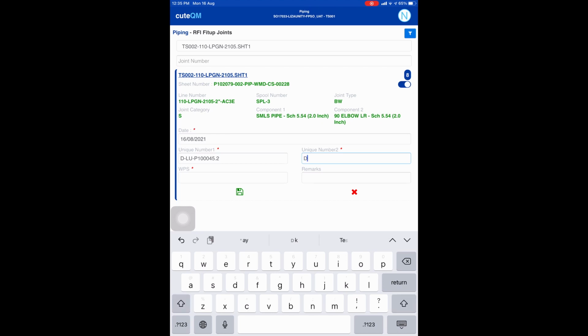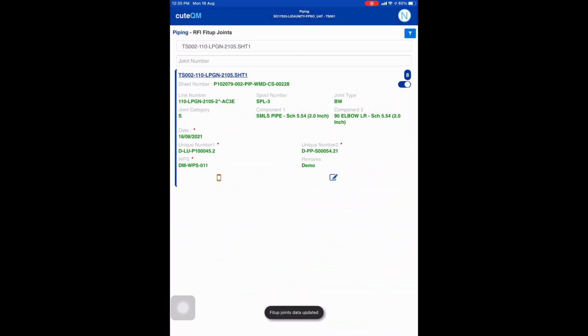So after entering this heat number, we also need to select the WPS. So the WPS will be listed down, so we can use from the master list. So we select the WPS. Also we can enter any remarks about the particular joint. So in this case we'll put demo and we will save. So this will basically save this data in the mobile phone now, and it will automatically sync to the server